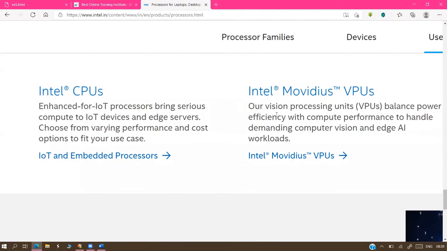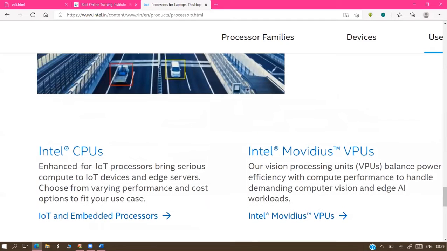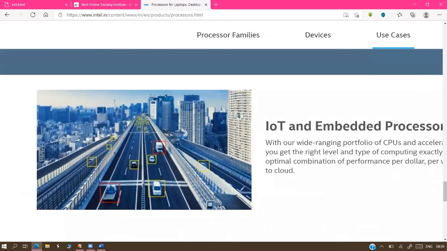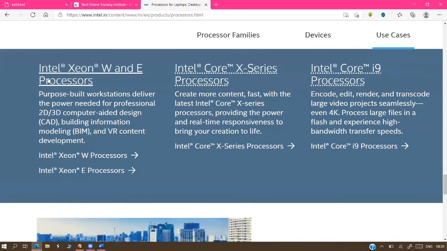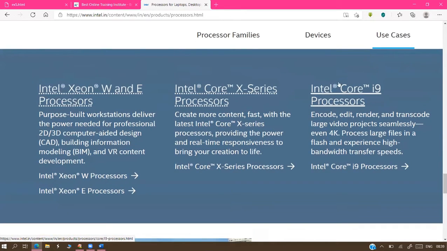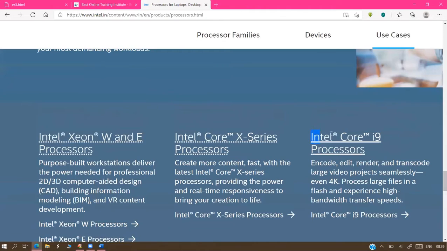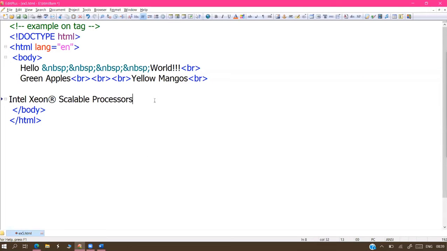Because one R symbol and one TM symbol are available, I want to show both symbols. That's why I'm taking both. Otherwise, here also Intel Core X series, Intel Core 9 series, anything is okay, no problem. So how can we produce that R symbol and TM symbol by coding, sir?